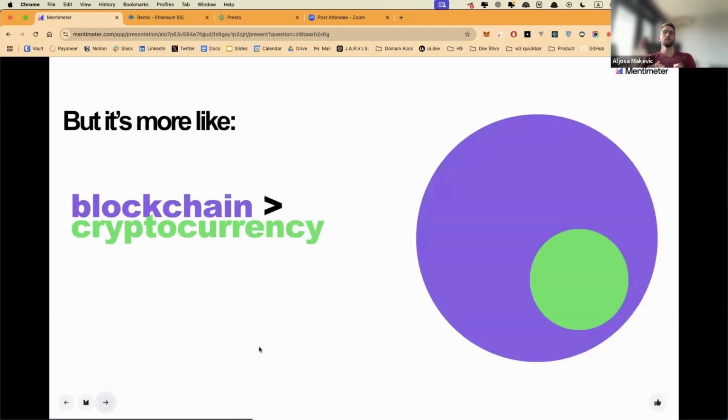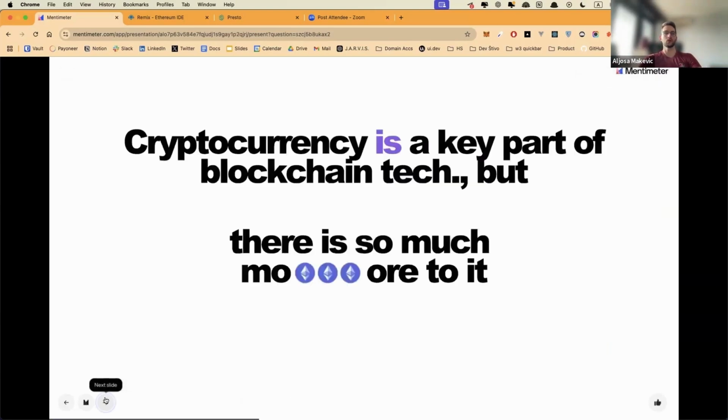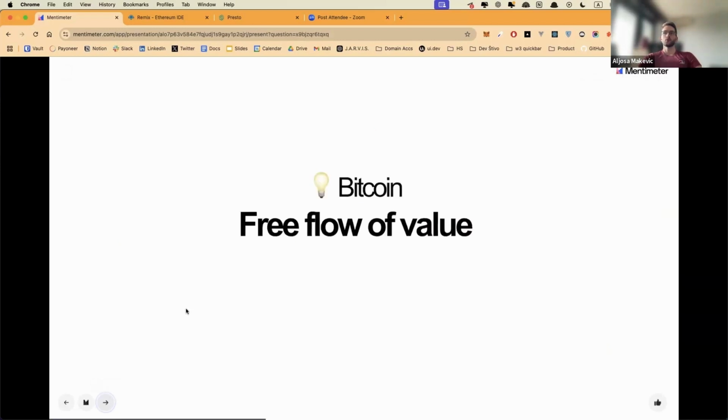But my first point of today is that cryptocurrency is an important and vital part of blockchain and Web3, but there's so much more to it, like the values that I just spoke of, and we'll talk about utility throughout the whole day.